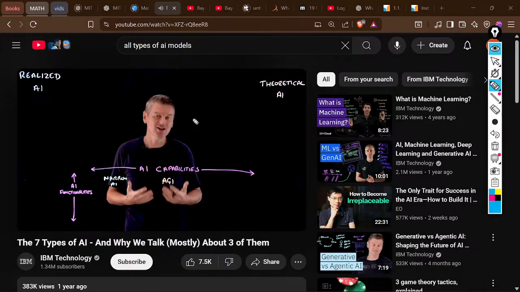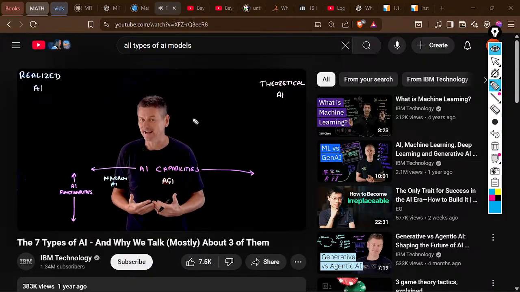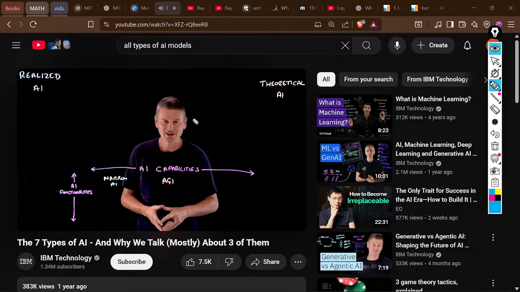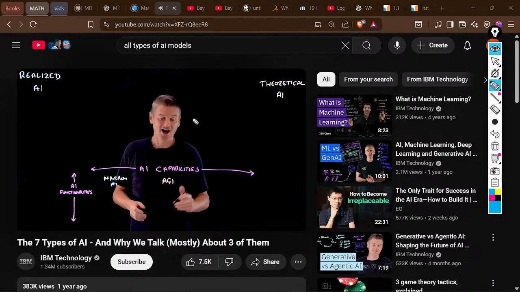AGI can use previous learnings and skills to accomplish new tasks in a different context without the need for us human beings to train the underlying models. If AGI wants to learn how to perform a new task, we'll figure it out by itself. Which sounds disconcerting, but look, we haven't even talked about the third type of AI capability yet, and that's artificial